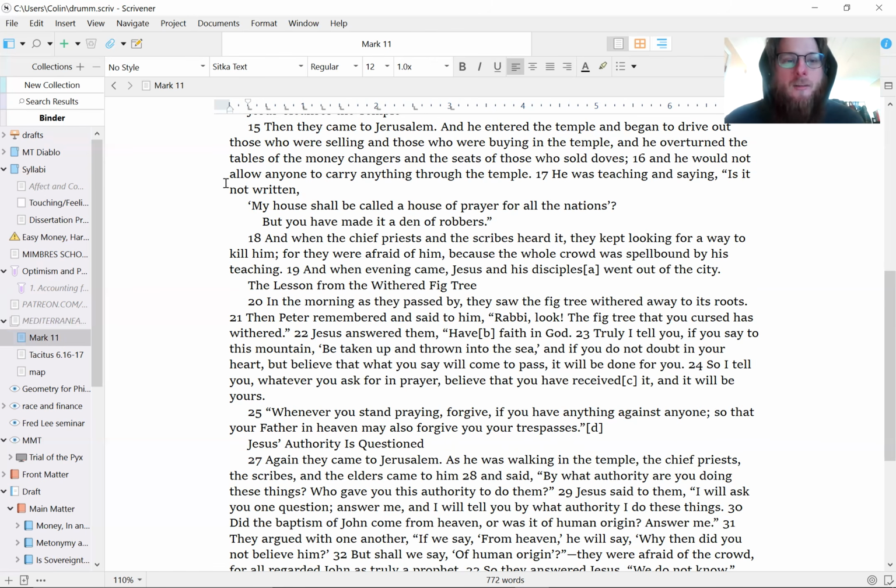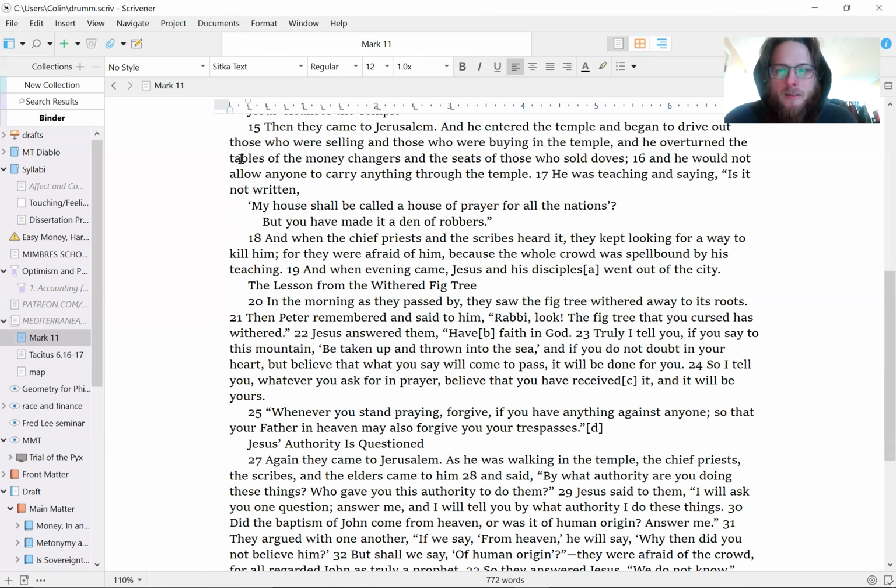Okay, so we need to get clear about exactly what it is that the money changers are doing, because while it's not impossible that people called money changers could be making loans, could be engaged in dealing in credit. In fact, the etymology of the word banker comes from the word for the table that the money changers sit at with their scales.